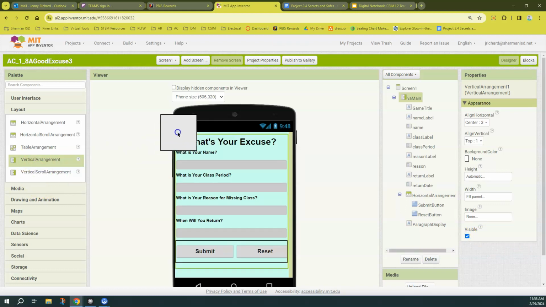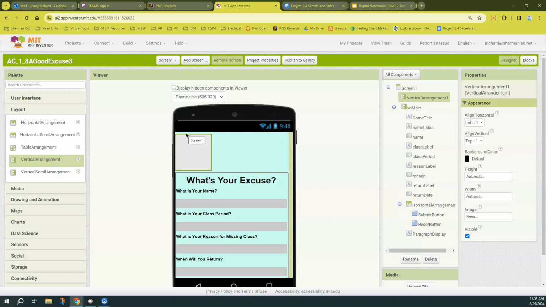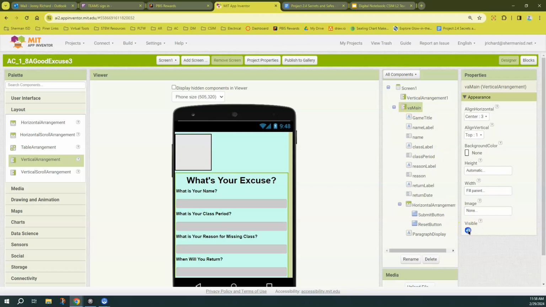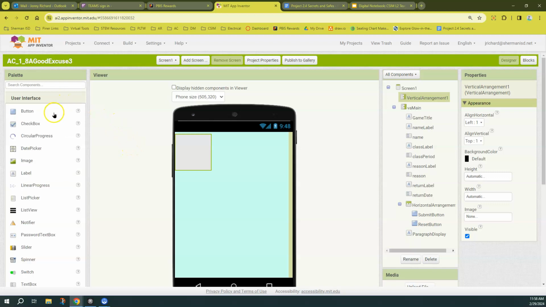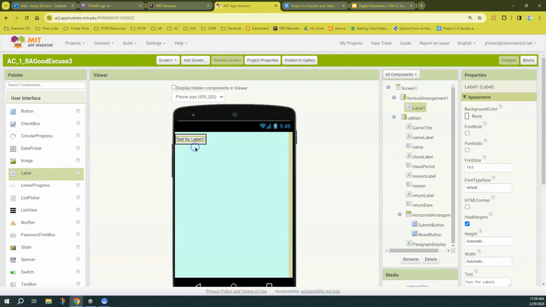So first let's leave it there. We're going to pull out another vertical arrangement, and we're going to pop it into the top. Now we're going to go back to the VA main. We're going to make that invisible. Okay. So what we're going to do here is make this sort of like the title screen where you can choose which story you're going to fill in. So we're going to do a label to describe what you're doing,